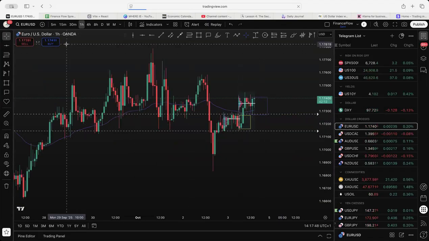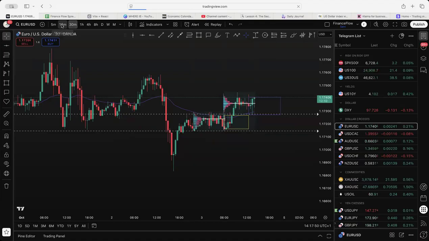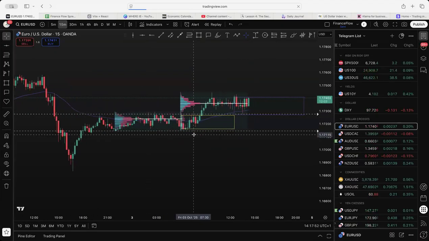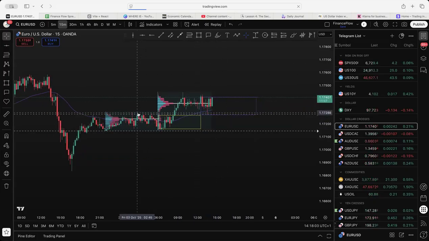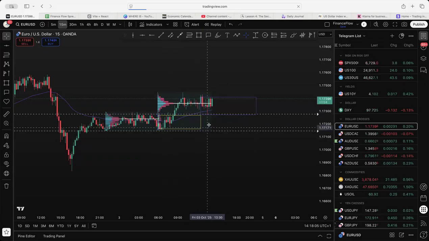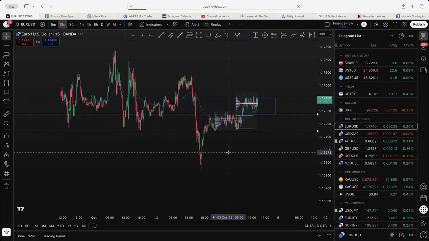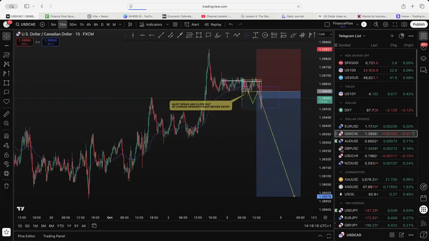So I'm looking potentially for a bit of dollar weakness here. We've got some consolidation. If we were going to have some dollar weakness, we'd be looking for a breakout here. So the London session has traded within this area here. So what are we going to be hoping for here? We're going to be hoping for a breakout, retest, and then a continuation here. Just have a look through.